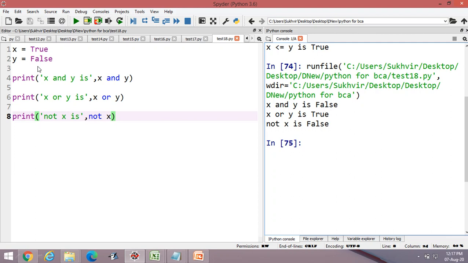You can say in binary format 1 and 0, the answer is 0. It means the answer is false. In the second case, x or y, 1 or 0, the answer is true because only 1 is true. That's why the answer is true. Not x means the answer is false, the opposite of true is false. If I am writing not y, then the answer is true.